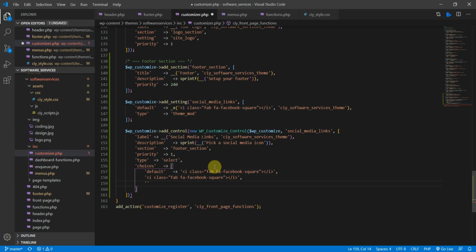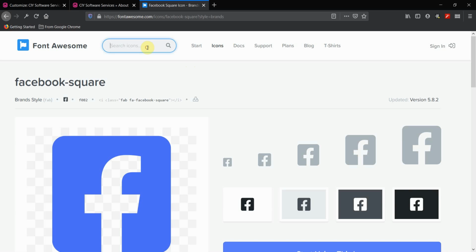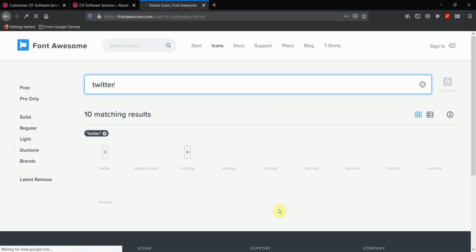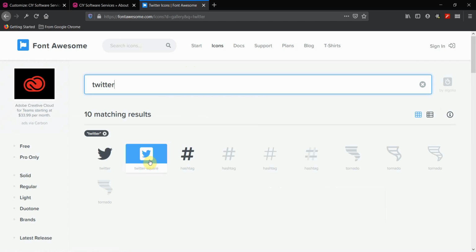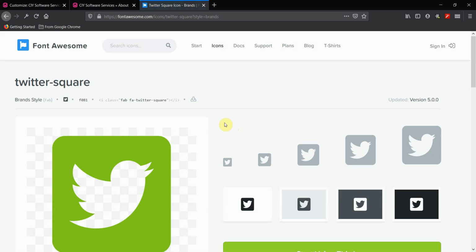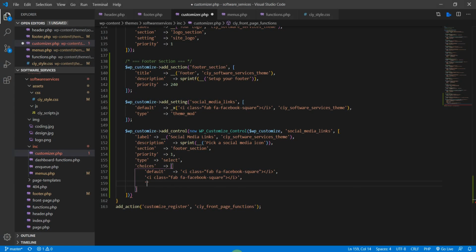So the next one is Twitter. Let's go back here and search Twitter. All right, so let's do the square right here, and same here. We need to copy the HTML code. All right, copy that. Then just paste it in. All right, and then we need